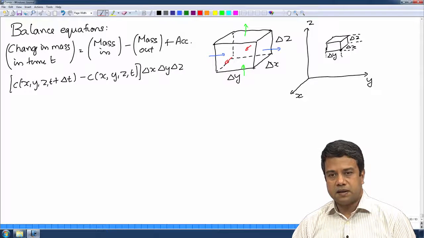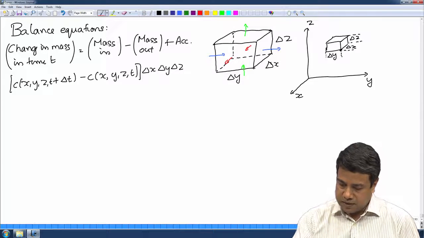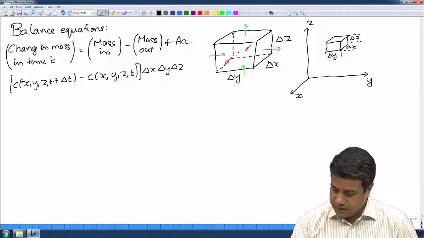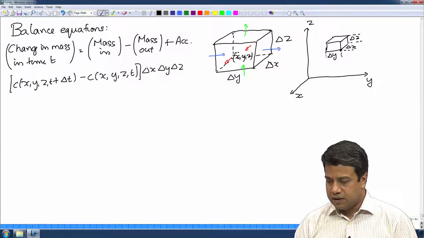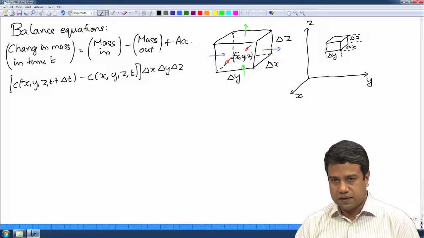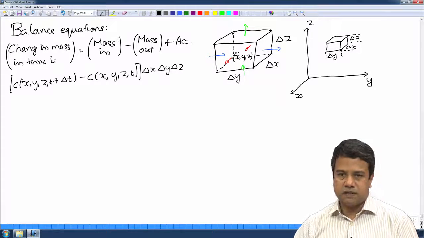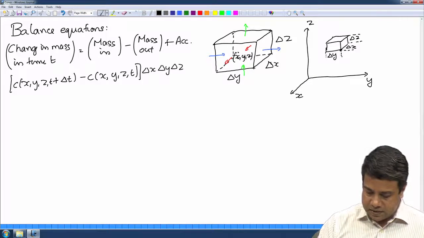Let us take the left and the right surfaces first. I will put the center of the differential volume at x, y, z. Therefore, the surface on the left is the surface at x, y minus delta y by 2 and z, because I put the center of the differential volume at x, y and z. So, mass in,